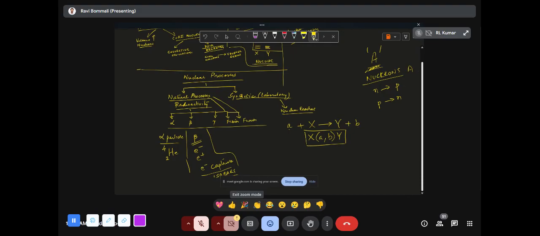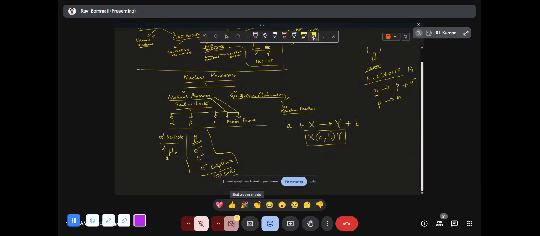तो यानी कि उसमें क्या होता है? N plus P remains same. So either a neutron gets converted into a proton or a proton gets converted to a neutron. This is the basic thing that happens in beta decay. You can see, because charge conservation would be applied, let us say this is the first thing that I'm talking about. You have a neutron here. A neutron is electrically neutral, and then you have the proton, which is electrically charged. It means that to balance this, I'll have to write an electron over here.